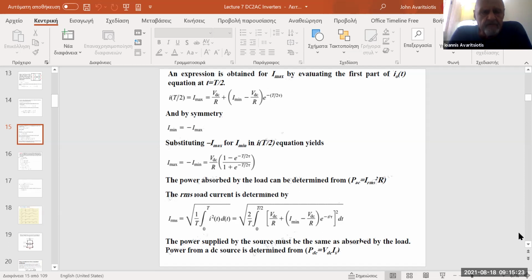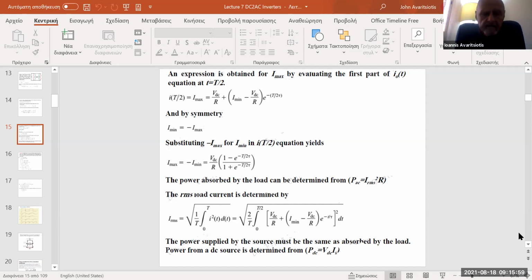In other words, we know the period of the periodic switching of the couples of the switches, and also if we know the value of tau, which can be easily calculated, as you remember, as the ratio of L over R. Having calculated the maximum and minimum values of the currents flowing through the RL load in the output of a full bridge inverter,